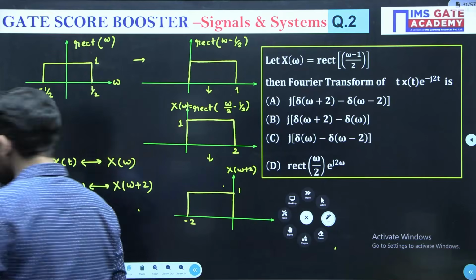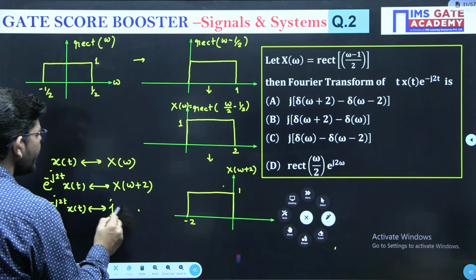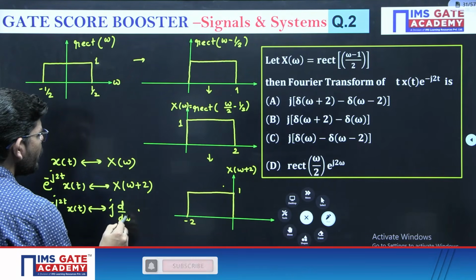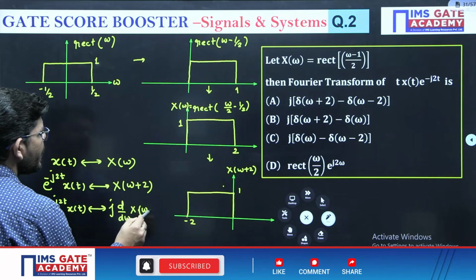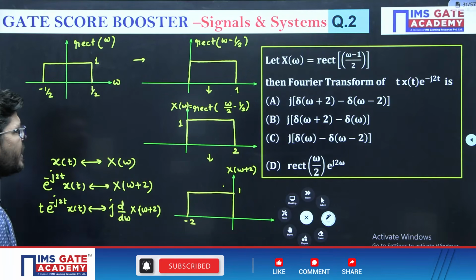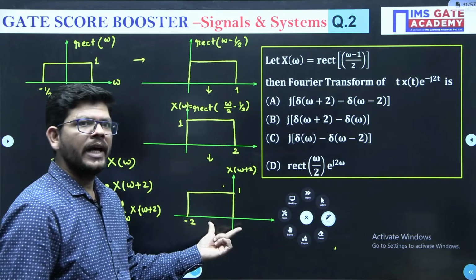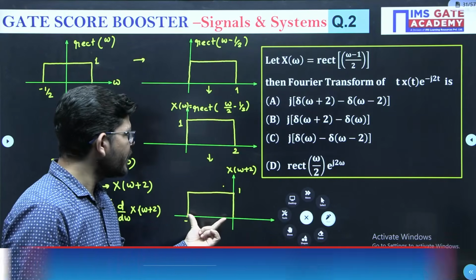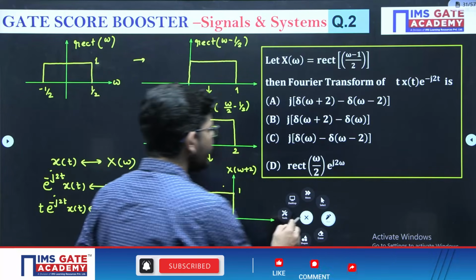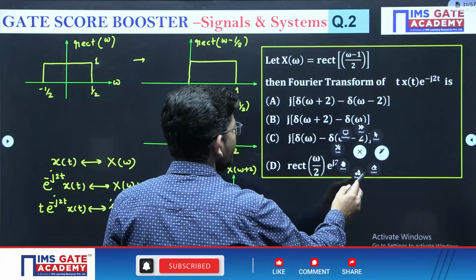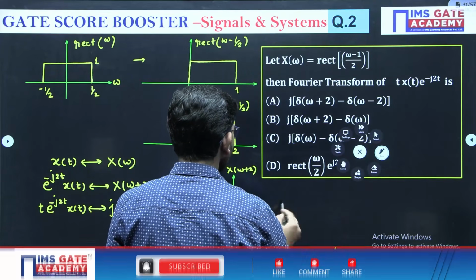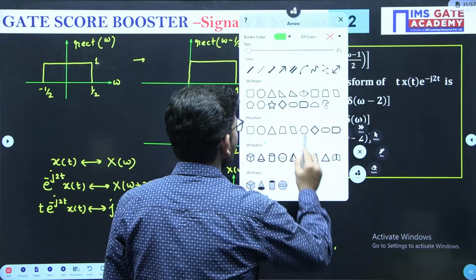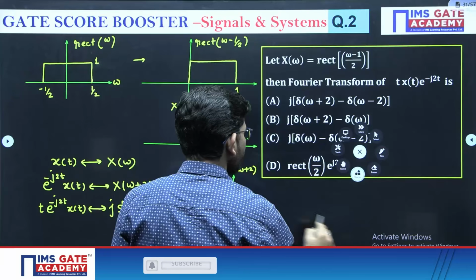So what will I get? I will get j d by d omega of X of omega plus 2. That means I have to differentiate it. X of omega plus 2 is a rectangular pulse. When you differentiate it, what are you going to get? Tell me what you will get. So after differentiation,